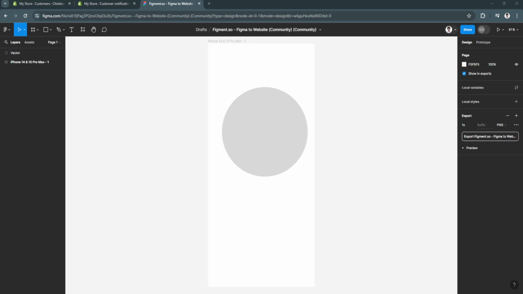In this video, I'm going to show you how to convert Figma design to Shopify theme. So please watch the video until the end and follow this tutorial step by step to avoid making mistakes. So let's get started. So the first thing you want to do is go to figma.com and open your design